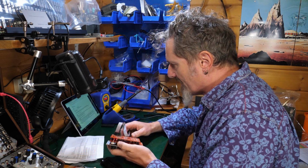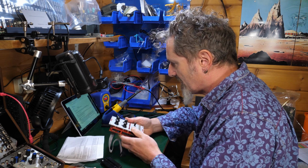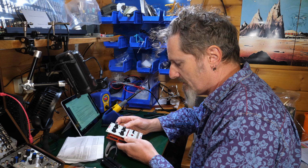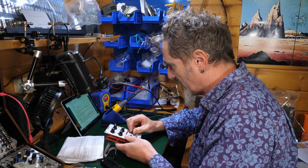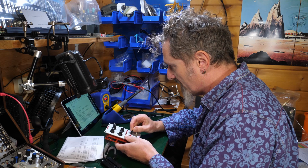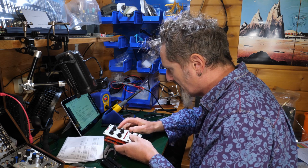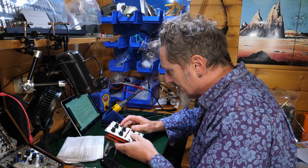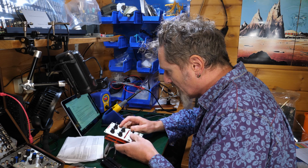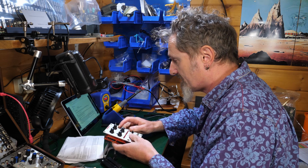So it needs to be calibrated. Before you start, make sure nothing is plugged into it. Okay, turn the gain knob fully anti-clockwise. Power on while pressing down the sample button and the pitch mode button. Keep these buttons pressed down for about 30 seconds, wow, 30 seconds, and the LEDs will light up